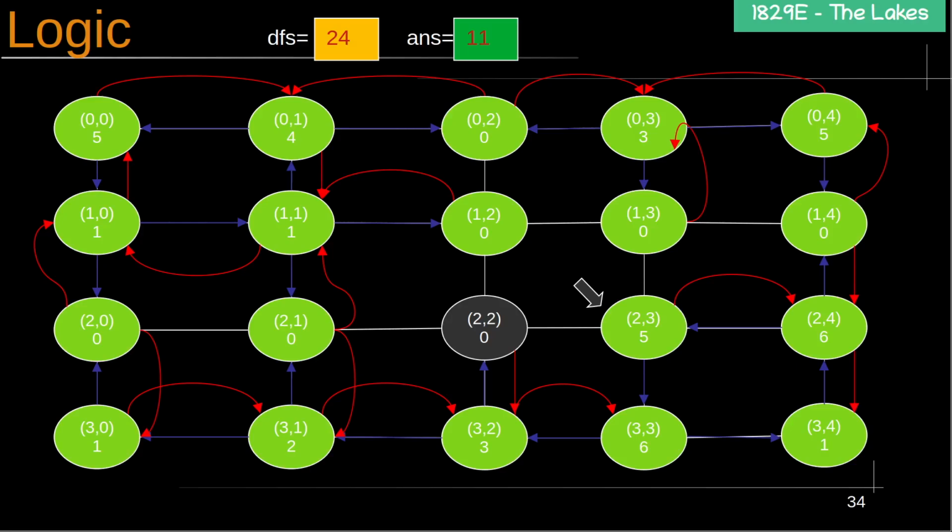We backtrack to 3,4. From 3,4 completely explored, we backtrack to 2,3. 3,3 completely explored. We come back to 2,4, which is our starting point, and this is the end. And at the end of DFS, we